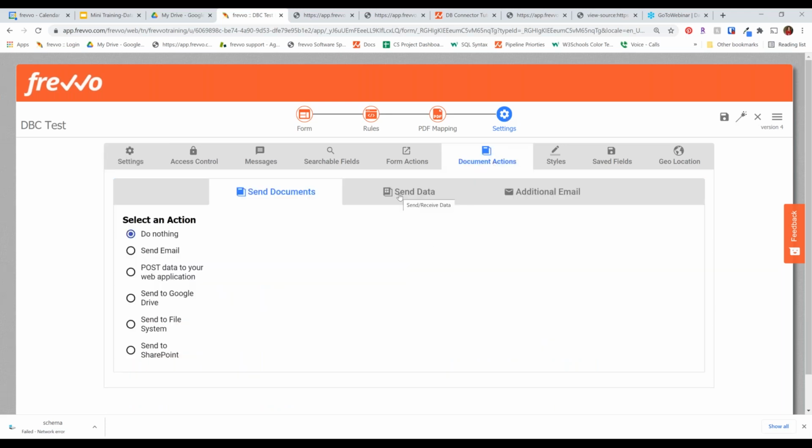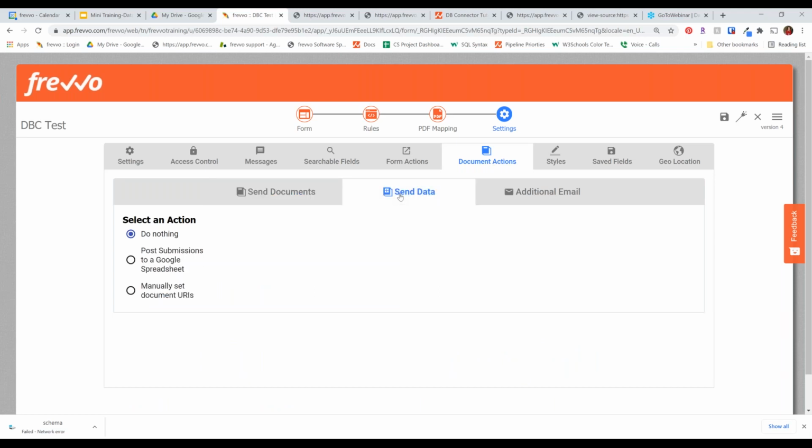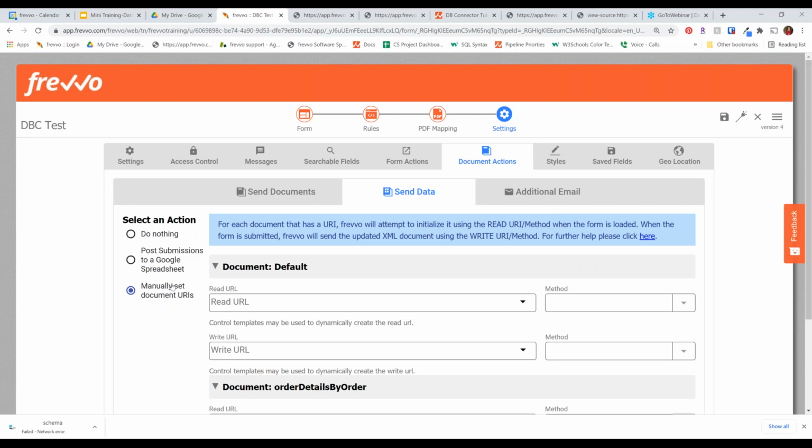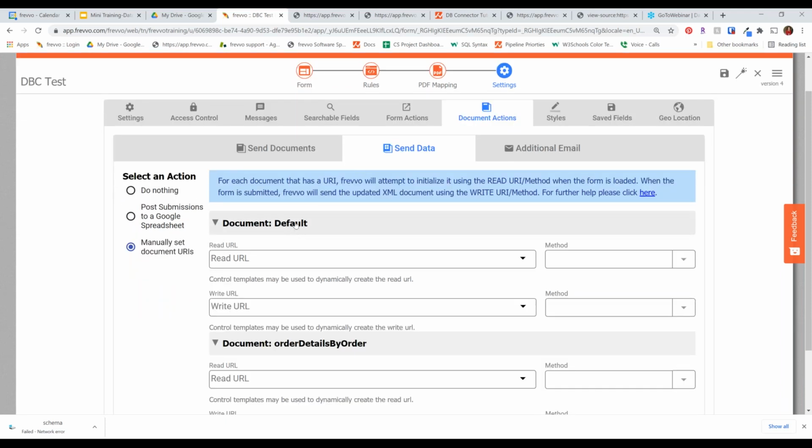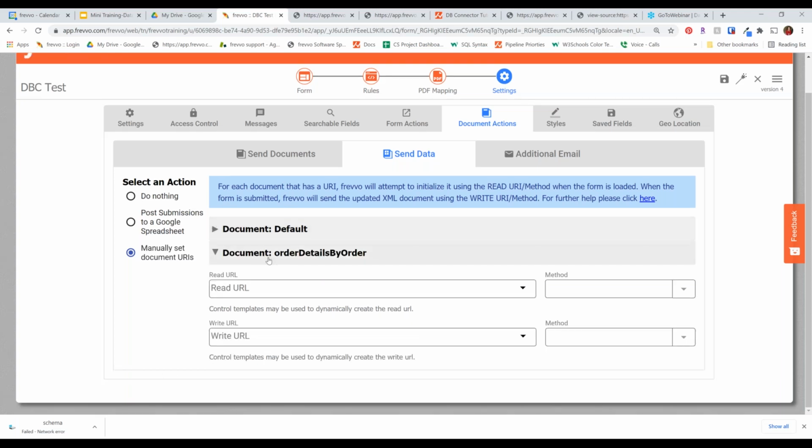And we're going to be using the send data tab. We're going to be manually setting the document URI. And you'll notice that there's two documents here. There's the default document, that's the form itself. And then there's our schema document, the order details by order. We are going to be using this read URL, and